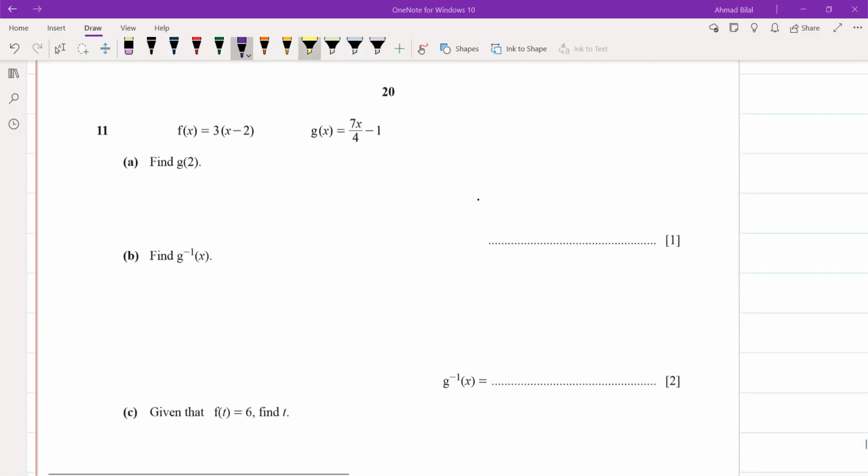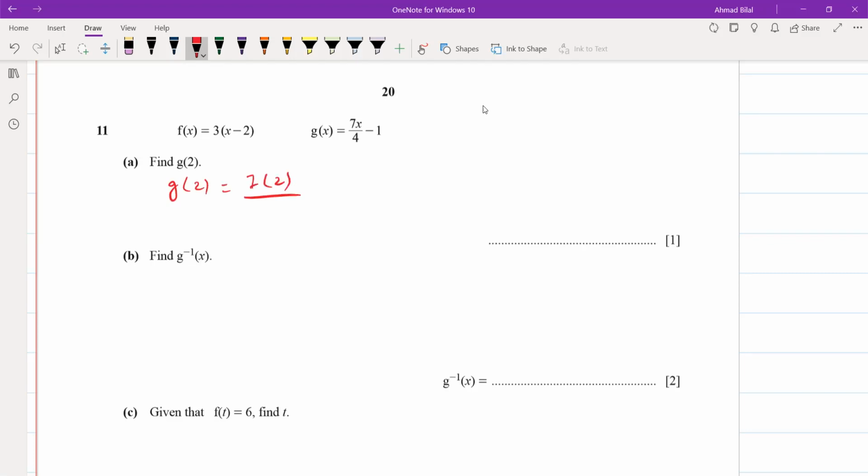Let's do the last question very quickly. This seems to be fairly straightforward, so it shouldn't take much time। So f of x is equal to 3 into x minus 2 and g of x is equal to this। आपको g of 2 फाइंड करना है, यानी कि g फंक्शन के अंदर जहां पे भी आपके पास x लगा हुआ है, x की जगह आपने 2 इनपुट कर देना, right? So you just find g of 2। So g of 2 is going to be 7 into 2 divided by 4 minus 1।